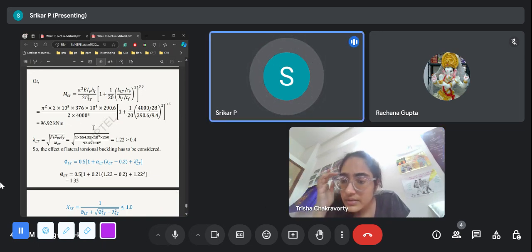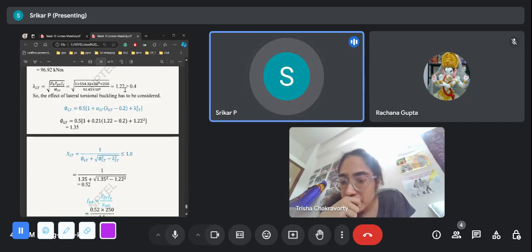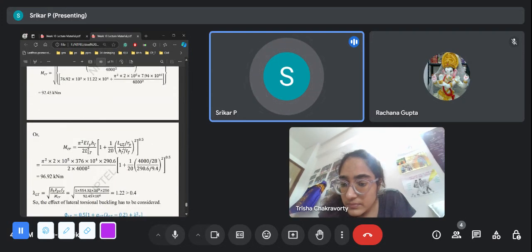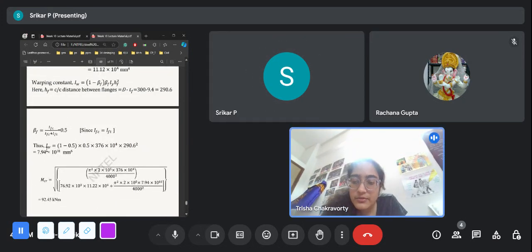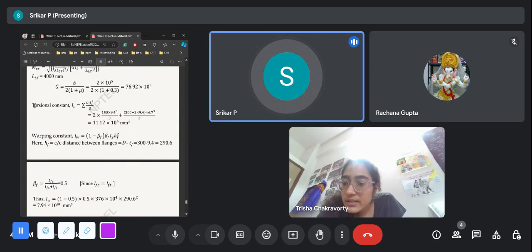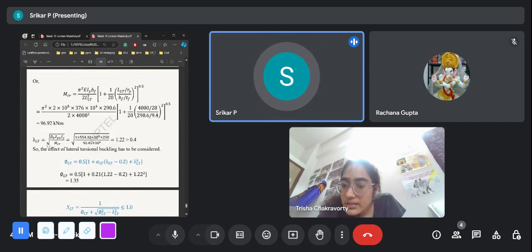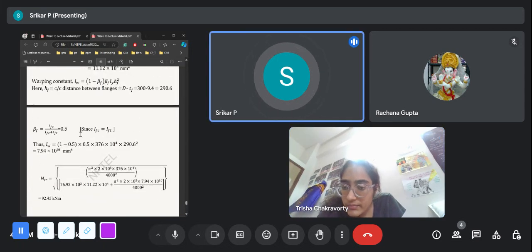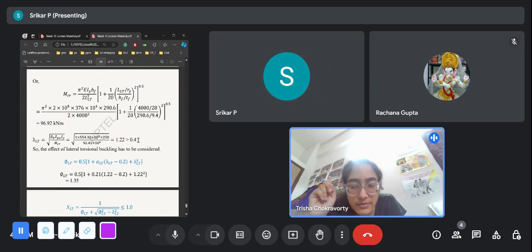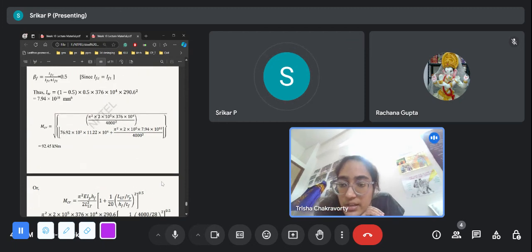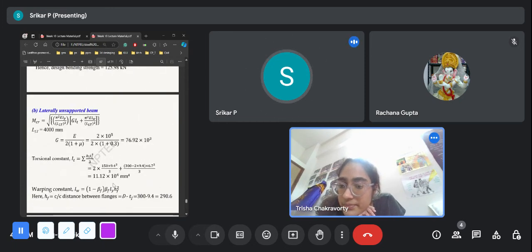So in this situation, if this is less than 0.4, I think I showed you the It value and warping constant; warping and torsion will be considered. See, ma'am, this is already considered, and after this, the calculation is done with respect to Mcr. So we already consider the constants with respect to torsion. Is there any local or global given here? Wait, go up. Show me the warping and torsional constants.